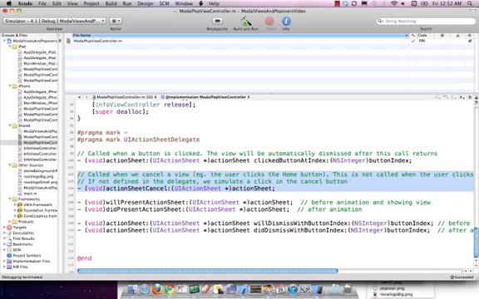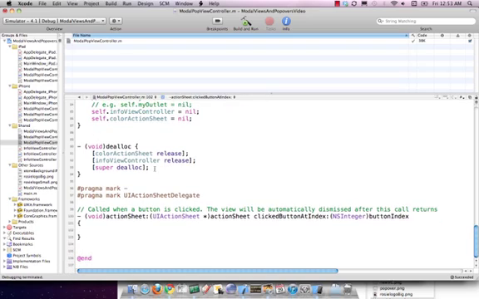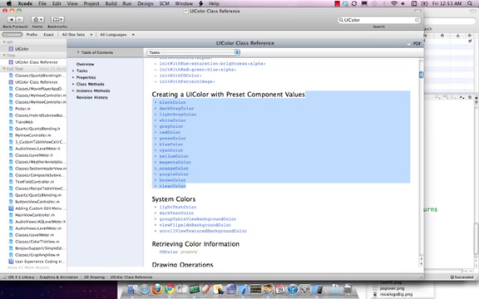This is if it gets canceled, do something specific. Will present, did present, I don't care. Will dismiss, did dismiss, I don't care. The only one I actually care about is clicked a button. So if they clicked a button, I want to know about it, and depending on what they clicked, I'm going to take a different action. So if, for example, they picked the cancel button,